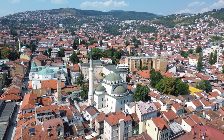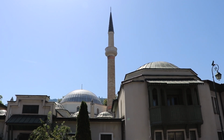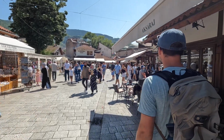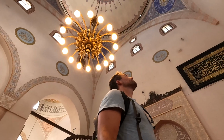Sarajevo has a religious diversity that shapes the city's character and everyday life. It's a place where the call to prayer blends with church bells, and a walk through the old town quickly reveals this contrast. Visit the Gazi Husrev Beg Mosque, a masterpiece of Ottoman architecture which stands out as a symbol